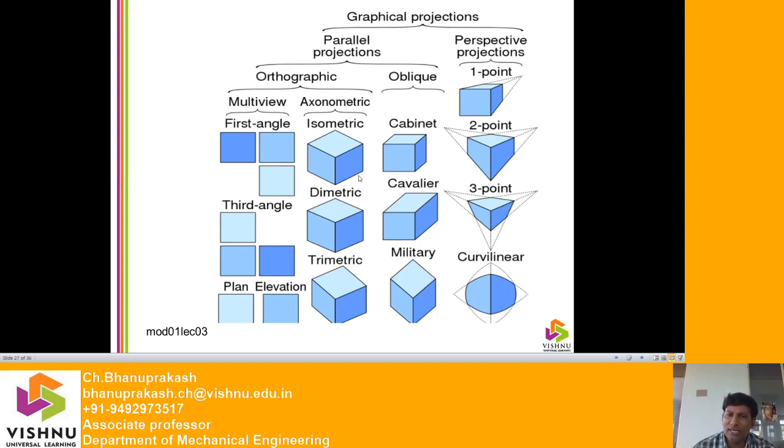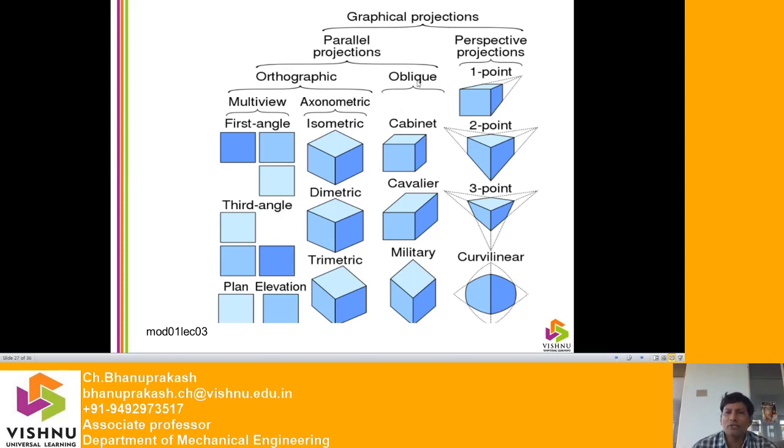So this is the side view, the right side view. I am seeing the right side view, but I am projecting on the left side. So where am I going to draw? On the left side. But in the case of third angle projection, where I am seeing the side view, in the same place only you have to draw. I am seeing from the right side, so you have to draw on the right side only. So this is the main difference between first angle projection and third angle projection.